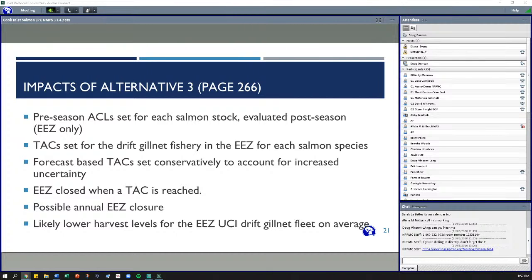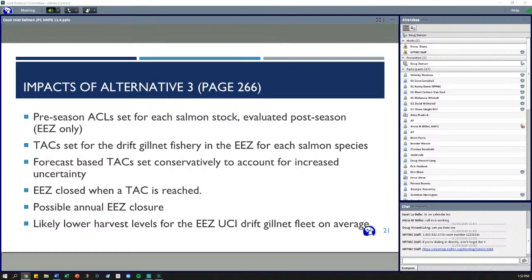Given that it's a mixed stock fishery, it would be difficult for us. It's likely that once the PAC was reached for a given species, all commercial salmon fishing would have to stop in the EEZ. I also mentioned the other annual outcomes that might lead to a more general closure of the EEZ under Alternative 3, in the event that there was an existing conservation concern and no harvest was supportable, or that we did not have the data, or the data in time, to conduct our management of the fishery and avoid